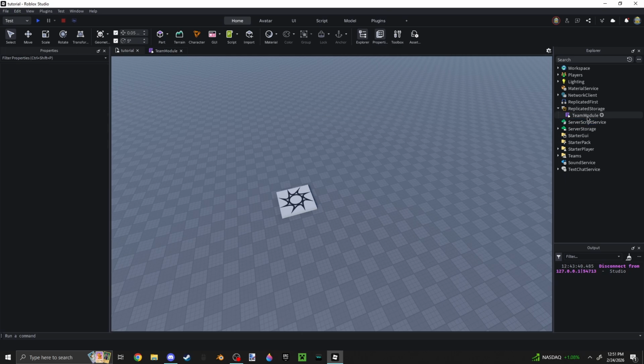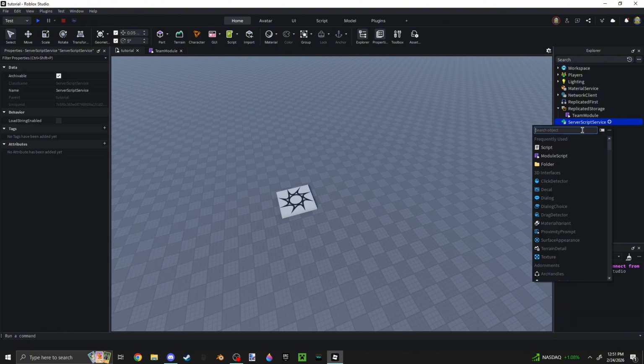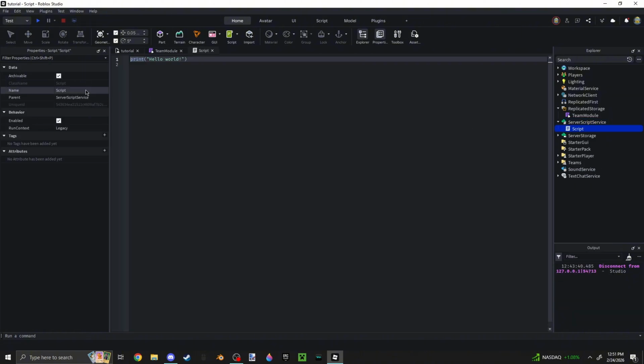So if you actually want to test this in the game, I would add in a script inside server script service. I'll get the players service, local players equal to game:GetService("Players"), and Players.PlayerAdded:Connect(function(player)). And then I'm just gonna test this with like 2 players. So I'll say repeat task.wait() until